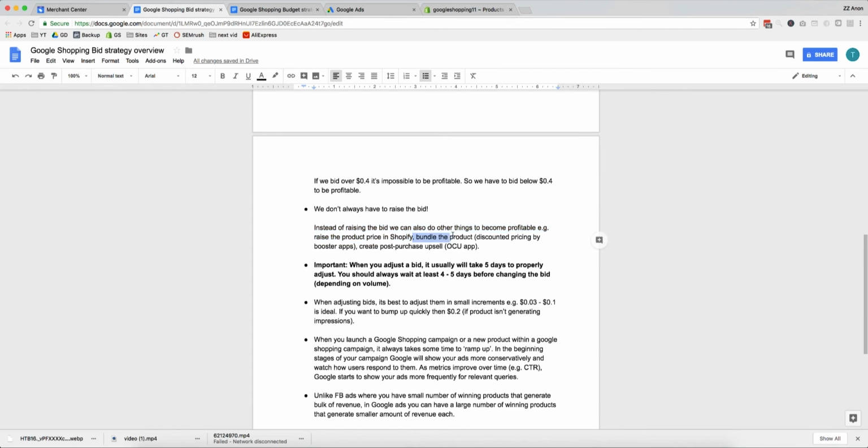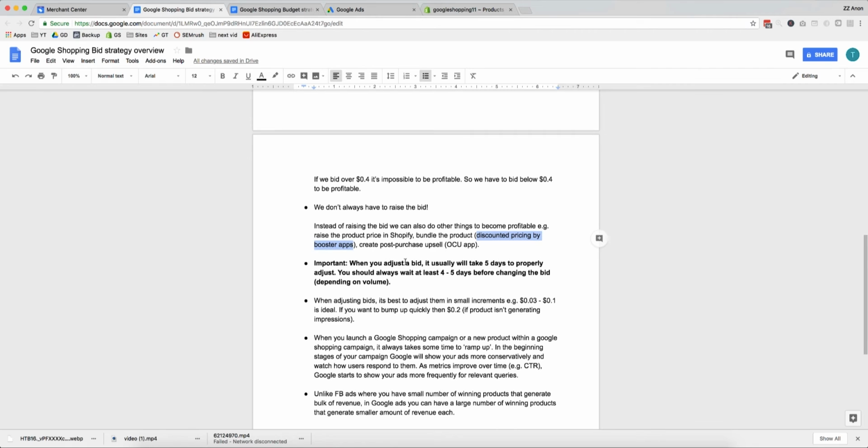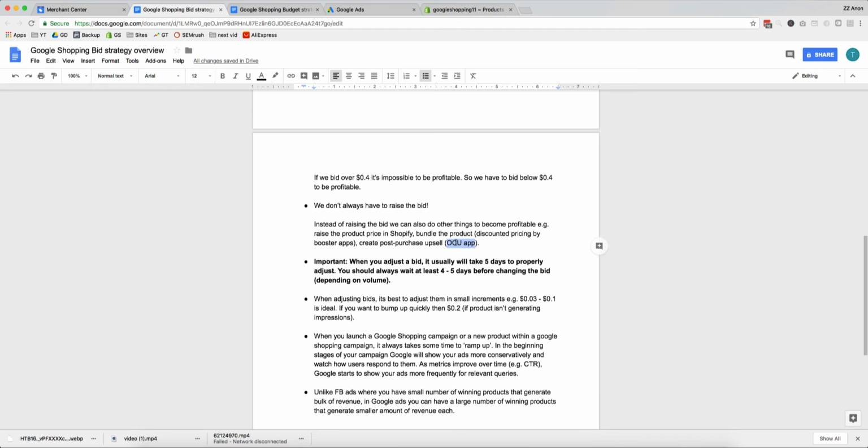Another thing you can do is bundle the product. A good app to do this is Discounted Pricing by Booster Apps. That's where you give a discount if they buy more than one of the product. And then you can also create a post-purchase upsell using One Click Upsell app by Zipify, which isn't available on the Shopify app store. You've got to Google it to find it. But these are ways that you can get products profitable if they're breaking even on Google Ads and you can't